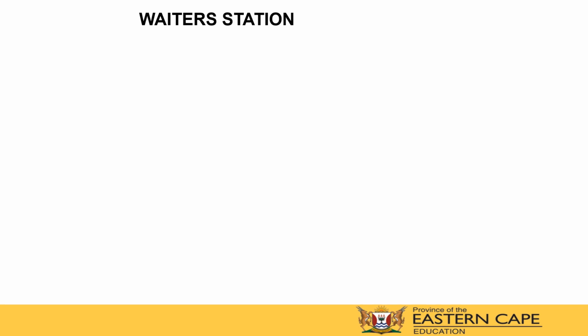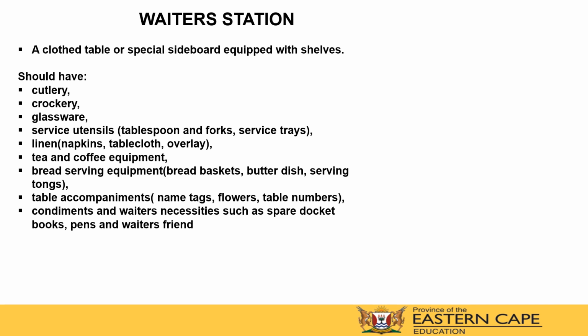Now, let us look at the waiter's station in depth. What is a waiter's station? I've mentioned in the previous slide that there are some establishments, and even in the case of schools, that might not have a waiter's side station, but they can have a table that they use to store the equipment for service. So a definition is a cloth table or a special sideboard equipped with shelves with cutlery, crockery, glassware, service utensils, linen, tea and coffee equipment, bread service equipment, table accompaniments, condiments, as well as the waiter's necessities that are